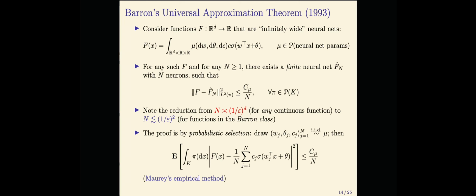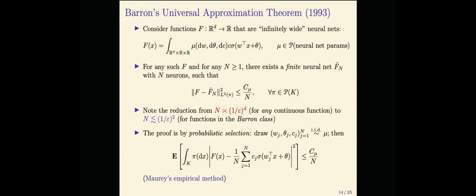And you can summarize it like this. So instead of a finite neural net, let's consider one with a continuum of neurons. Right, so we have our activation sigma, but let's draw both the outer coefficients, the weights and the biases from some probability measure, right, and just sample from it. And so if your function has this continual representation, then you can basically approximate it by a finite neural net,